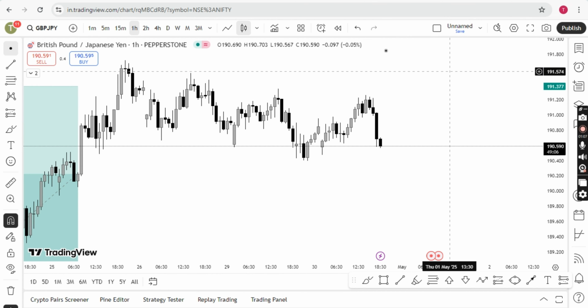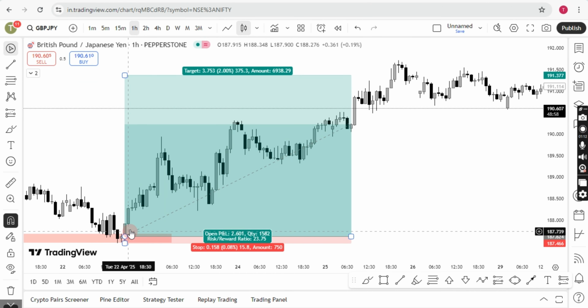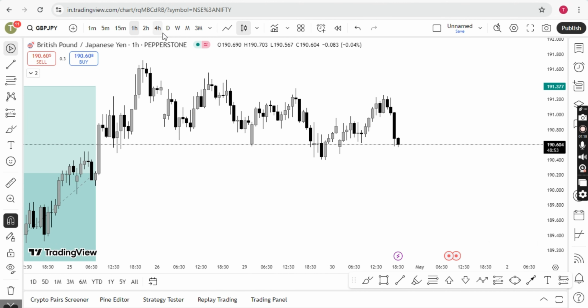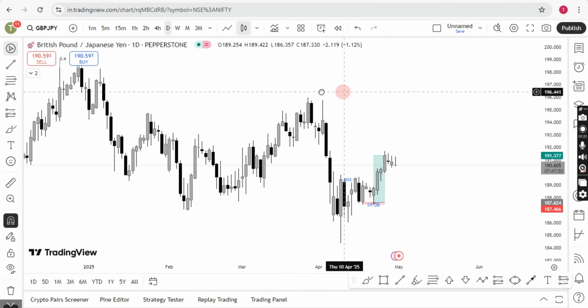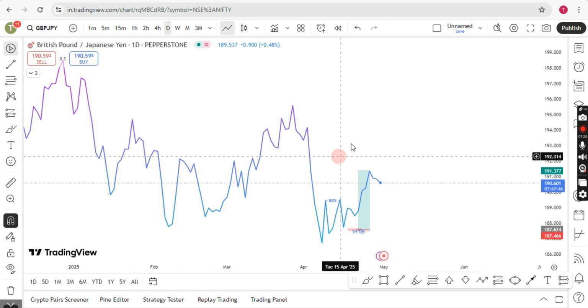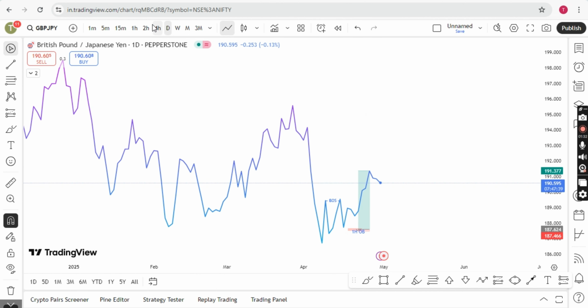Let me show you. Yeah, so this is the 1 hour time frame, right? Let me first inform you that a buy trade is already running. Our buy trade is already running. This is a hedge trade, you can say. Because on the daily time frame, this is a breakout structure, and this is just a pullback, right? So what I am expecting is the pullback till here. This order block, I am expecting the pullback. That is why I took the sell trade.